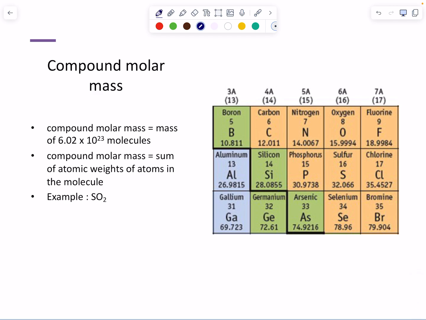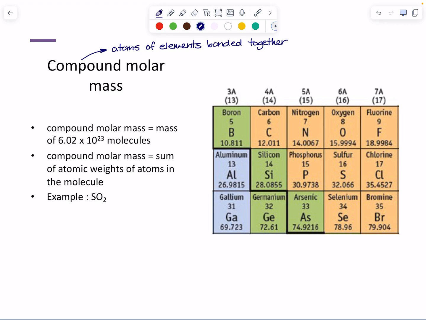All right, so another bit of review is if we have a compound, something that is made up of atoms of different elements, or I'm going to say elements because it can be something like O2, where we have the same element bonded together. So the compound molar mass is just going to be the mass of all of the parts put together,